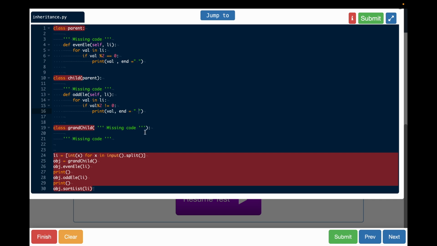Okay, now this grandchild is there and grandchild is inheriting the properties of a child class, so I will say here child, that's it. And here what you can do is, what had to be done there, this had to be done in sort, right, so I will say print sorted and